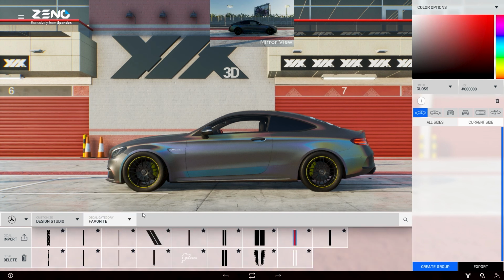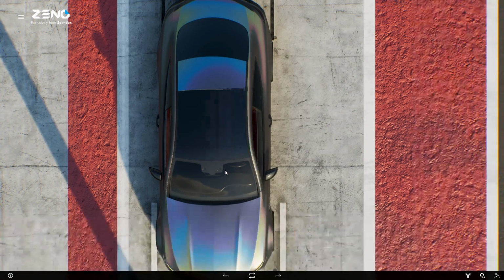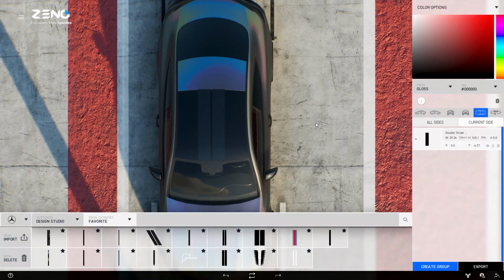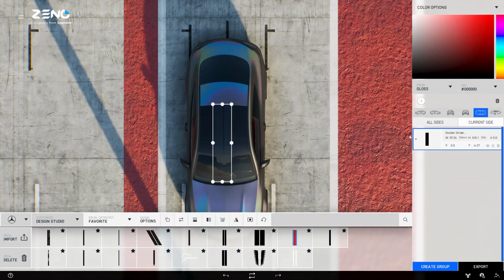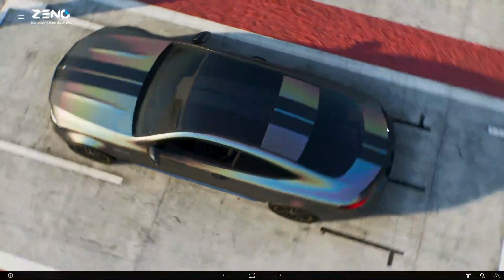To use those vectors, put them in the middle of the car. We just drag and drop it where we want it on the car. In 360 view, we can see how this looks and you can see it's centered automatically.